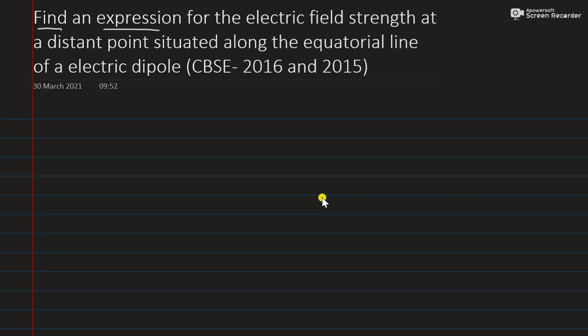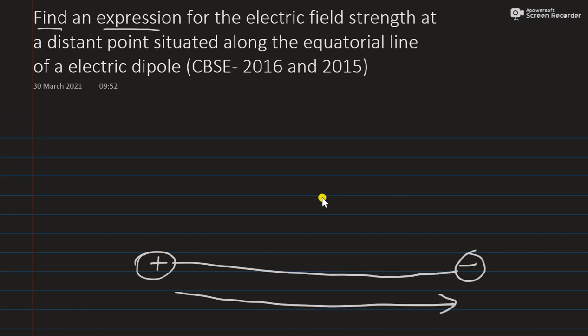First we will see what an electric dipole is. A dipole is present with positive and negative charges, separated by a small distance. The distance between these two I am taking as 2a. Two charges separated by a small distance, we can take as an electric dipole. From the center it is going to be a on this side and a on this side.